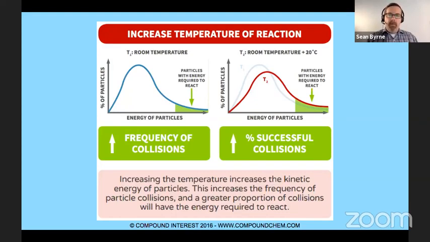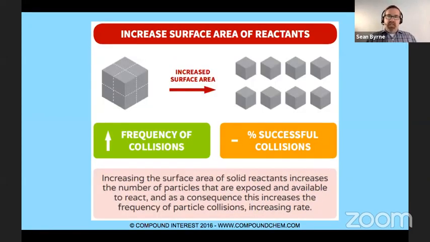All right. Increased surface area, we looked at this. We know that when we increase the surface area of reactants, that's going to increase the rate of reaction. And similar to what we did with increasing concentration, we increase the frequency of collisions. There are more opportunities for collisions, but we haven't necessarily increased the energy or the strength of those collisions. So more collisions happen, but the energy or the strength of those collisions stays the same.